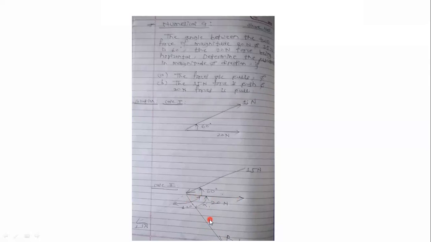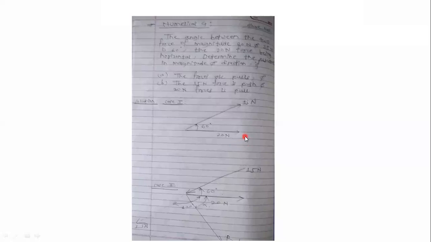Now remember this thing, that the resultant will always be nearer to the larger force, because the resultant is the outcome of these two forces. Resultant is the combination, the result, of two forces. So therefore, it will be aligned towards the higher magnitude force. Remember this. So this is your homework. Take a screenshot of this and try to solve it on your own. In the next lecture, we will give you the answers.